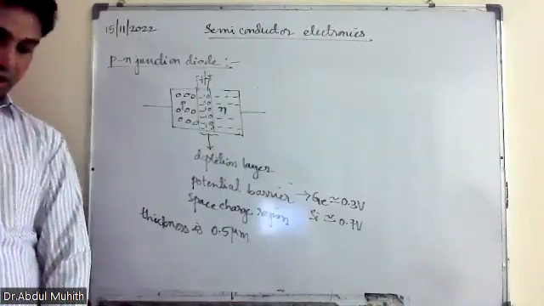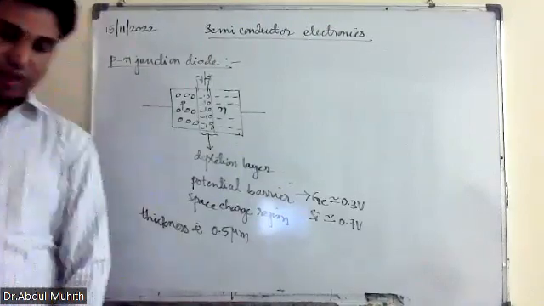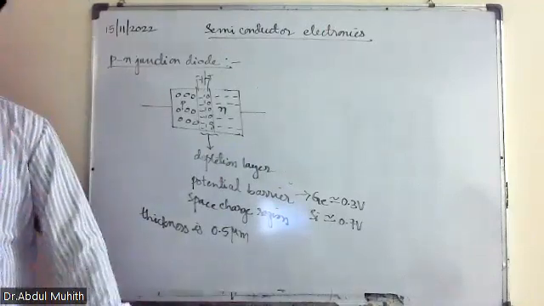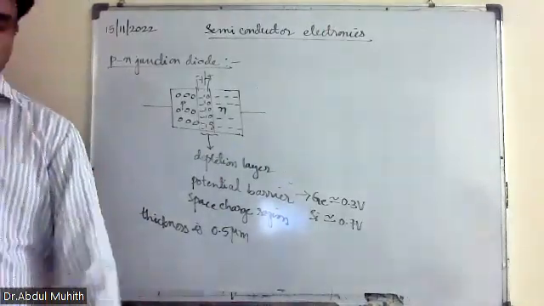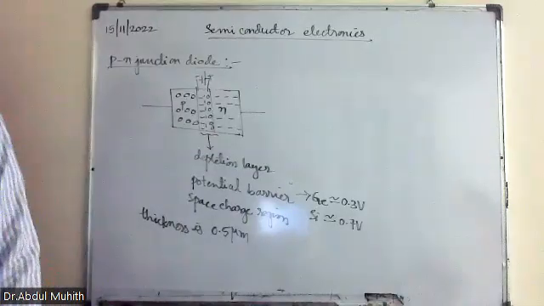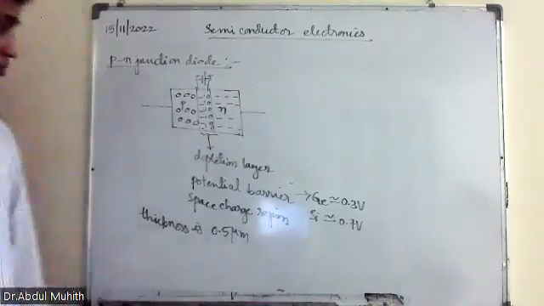Okay, these values are very important. They are asking these values in the examination. Is that clear? Okay, sir. So then quickly we'll go to the forward bias and reverse bias. Copy this one, and then